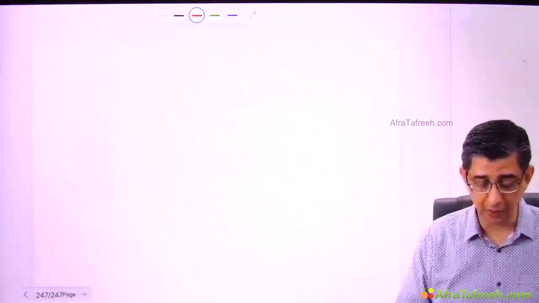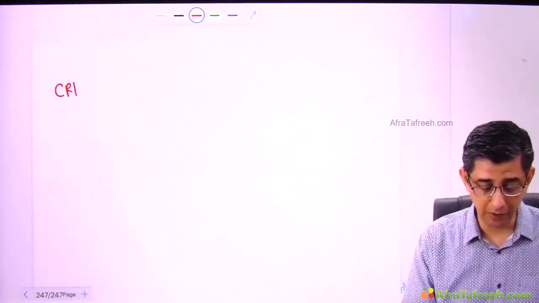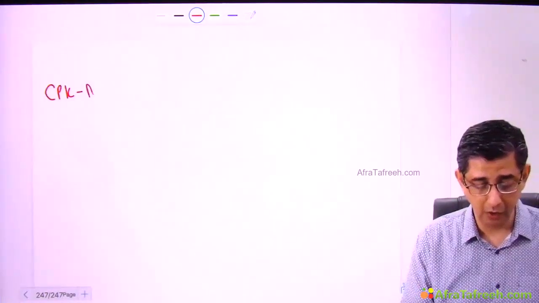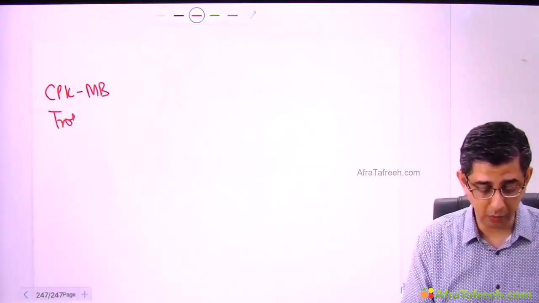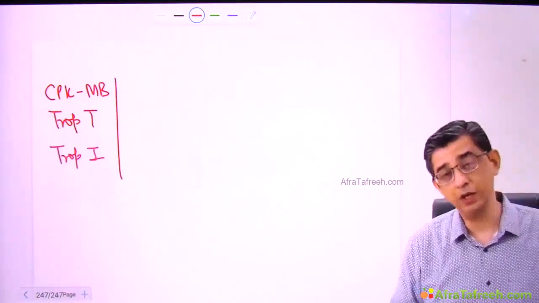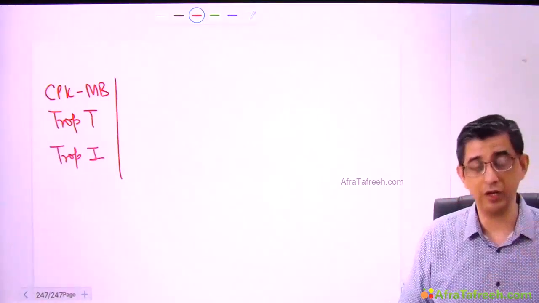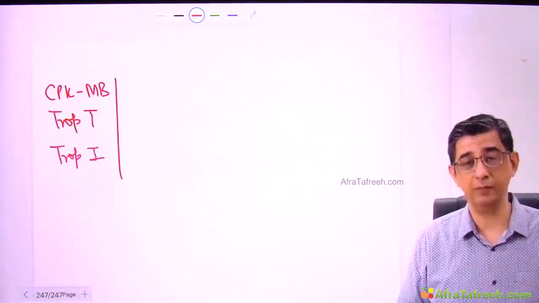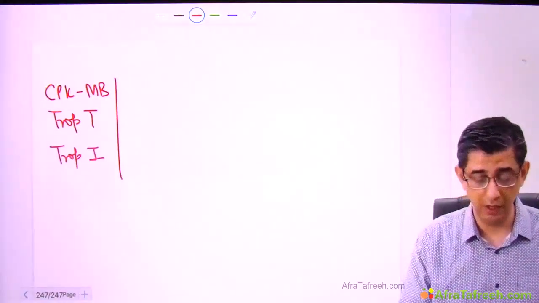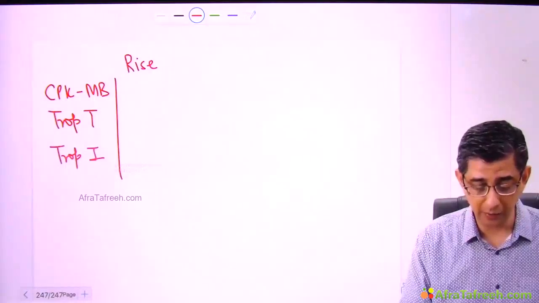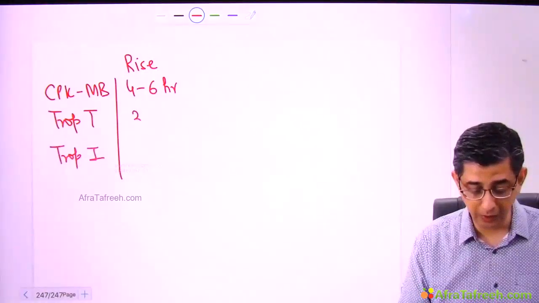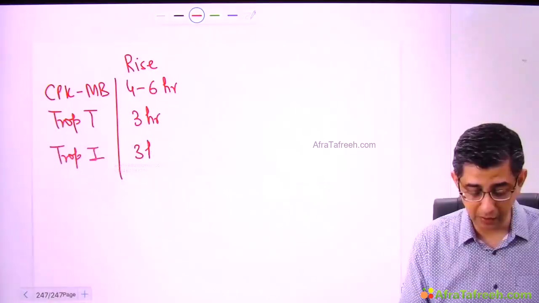As far as cardiac biomarkers are concerned, there's a table which is given even in pathology, and I'm going to discuss it once again before you. So let's do a quick revision of these biomarkers. They take how much time to rise, when will they peak, and when the values will fall. CPK-MB was the answer when I was a student at your age. They used to ask what is the best test for identification of myocardial infarction, and we used to answer CPK-MB gross elevations. The problem is that CPK-MB will rise, but the rise might take as much as 4 to 6 hours. Whereas with troponins, the rise will occur relatively earlier, about 3 hours.